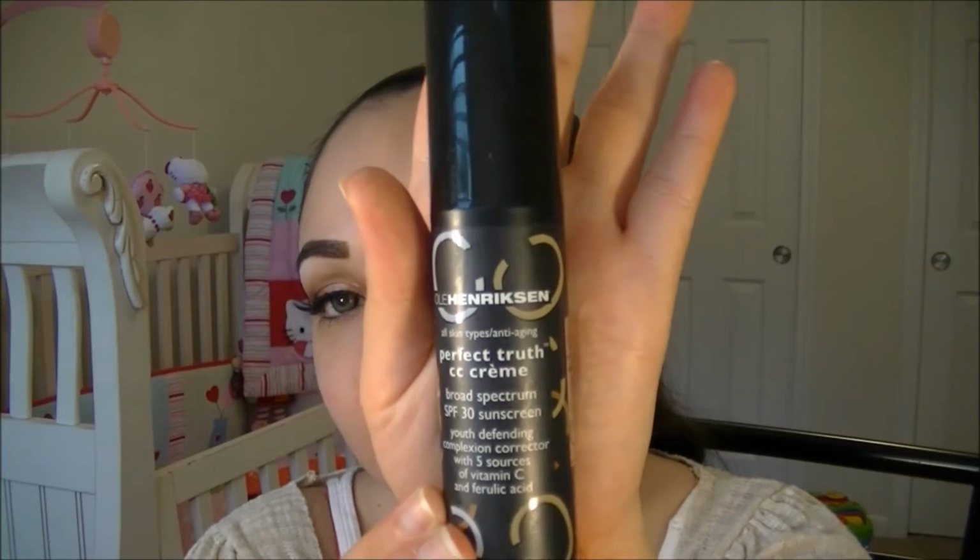So now we're actually going to go in with Ole Henriksen CC Cream in Light, which is a favorite of mine, has become a favorite of mine. It has 5 different sources of vitamin C, which is...